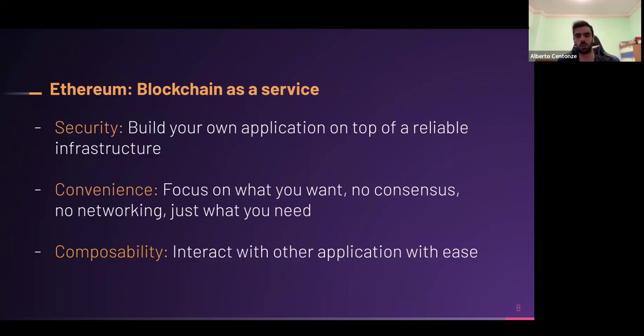Everything on the blockchain is composable by default. Everything on the blockchain can be expanded by other people. So if you have a very nice product that you like and you want to add some features on top of it, most of the time you can just build a contract on top, and this just works, and it's so nice.